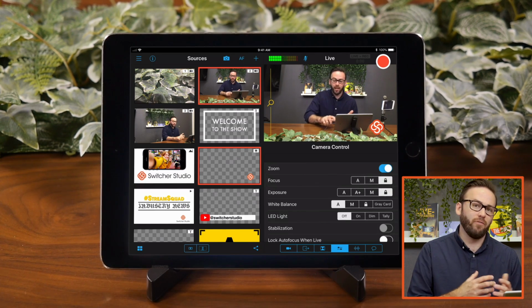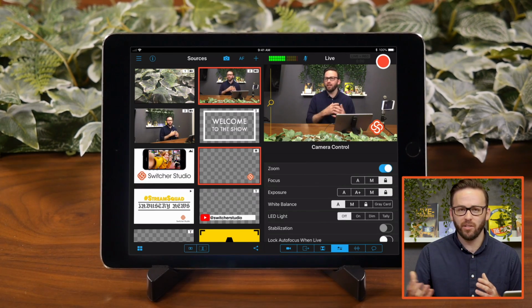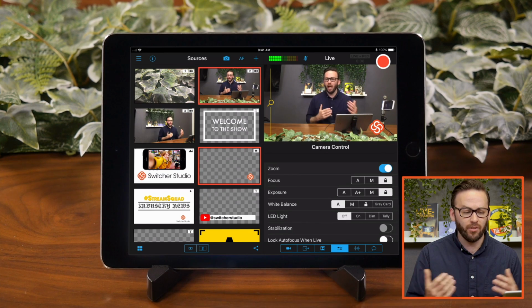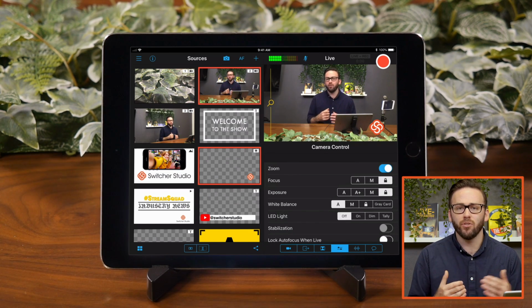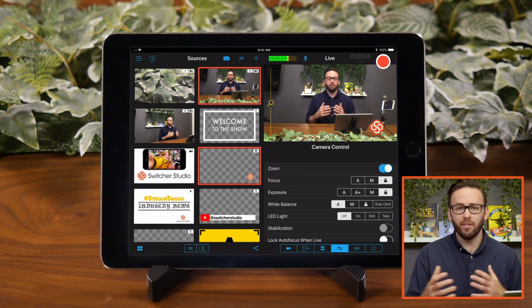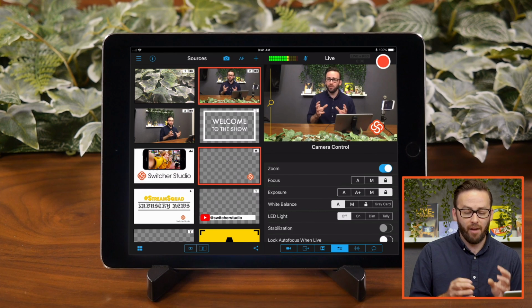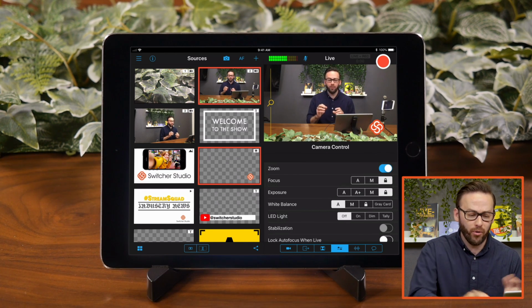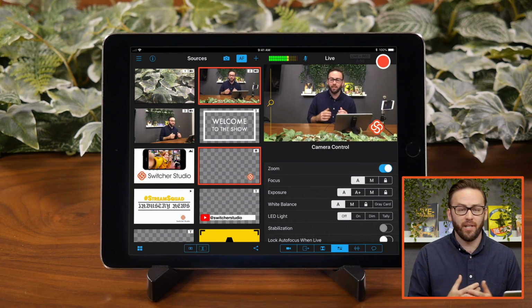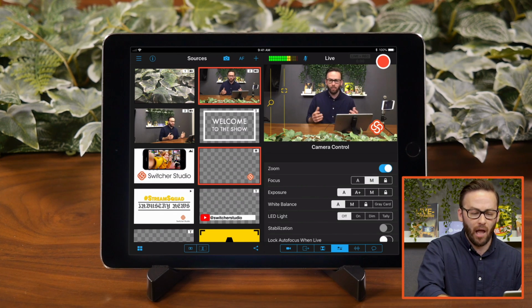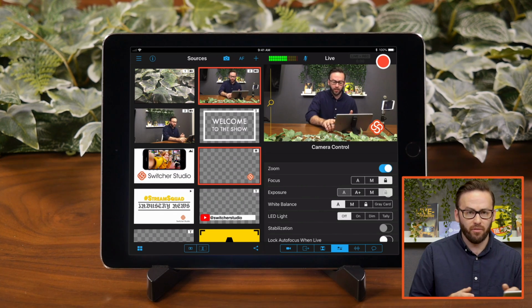If you choose this option, you can manually control exposure. You can even lock these values down so that if you're out in the sunlight and the clouds are passing over, your exposure doesn't constantly change. Also, you can make it so your focus doesn't jump around if your subject is moving around. So this is a good feature to have where you can lock those values down, or you can always just leave them set to A, which stands for automatic. So I'm gonna go ahead and lock the focus and the exposure of this device